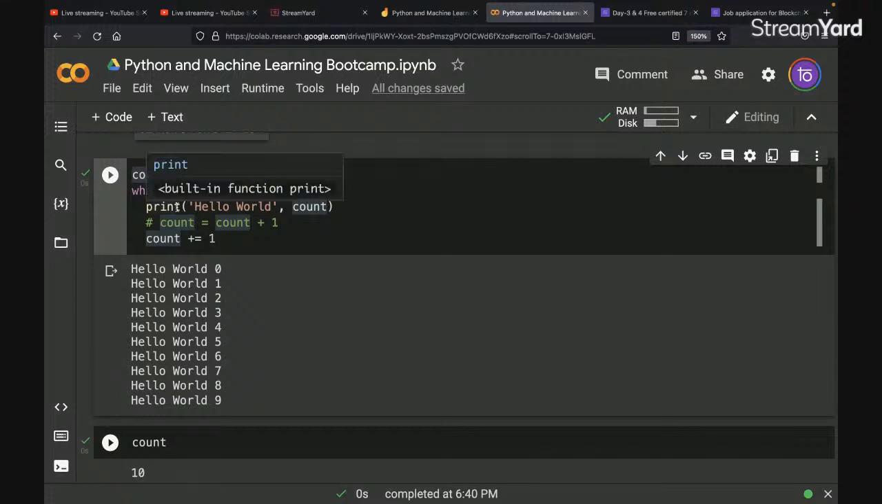So a for loop is going to end when you specify a specific endpoint. A while loop is going to end when a condition becomes false. Is this clear? Is this clear, everyone? Okay, someone is asking what is going to happen if we do count plus equals